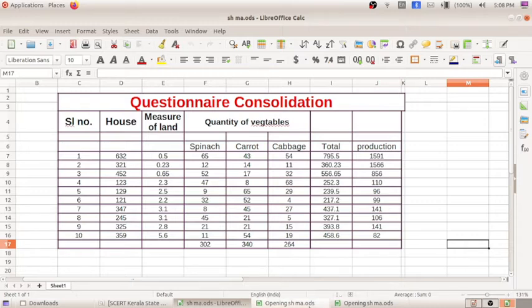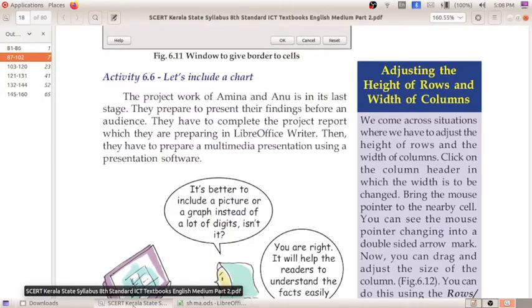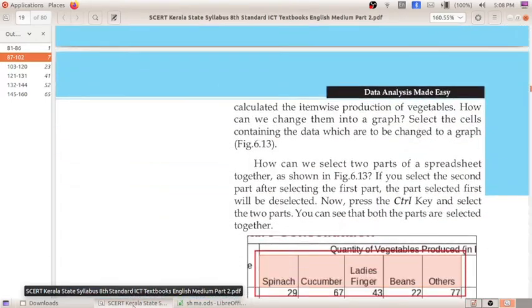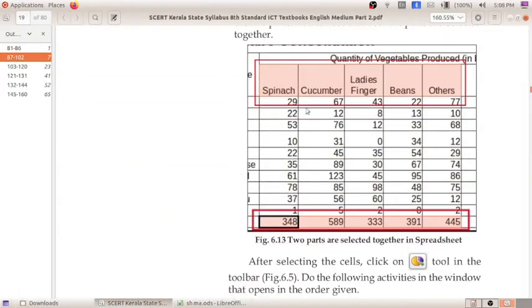It is here in the textbook, you can see. Let's include a chart. Okay, so for including a chart we have to select both these parts. We are going to include a chart regarding the quantity of the vegetables and the total production. So we have to select these two rows.